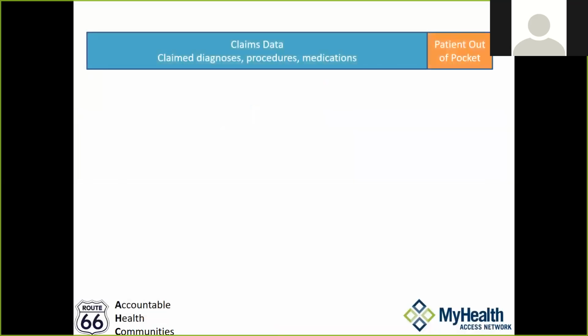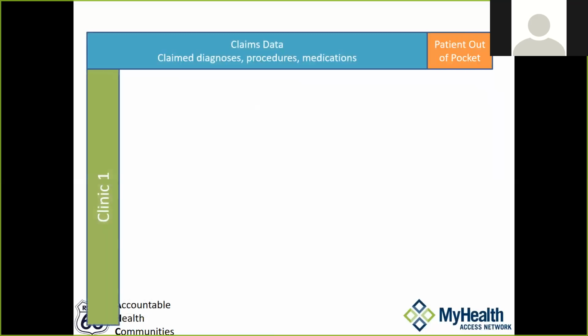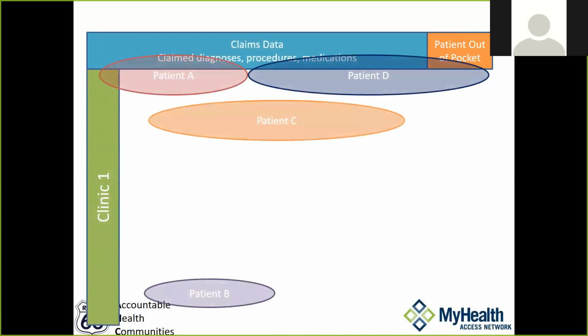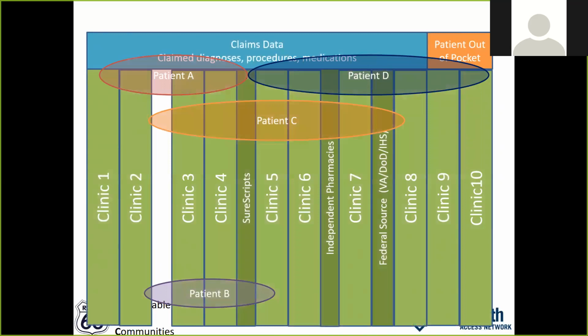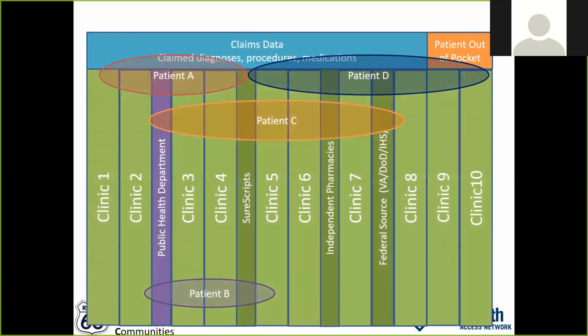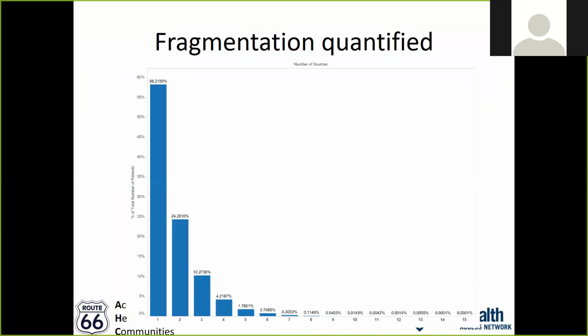So one of the things that we observe about data, and of course MyHealth is a data organization fundamentally, so we talk about it: the claims data is a mile wide, only an inch deep. You can't find anything at all, for the most part, about social needs in claims data. Clinical information is potentially a mile deep, but it's only an inch wide, because real people get care across lots of clinics and across lots of organizations. And the same is probably true about social needs.